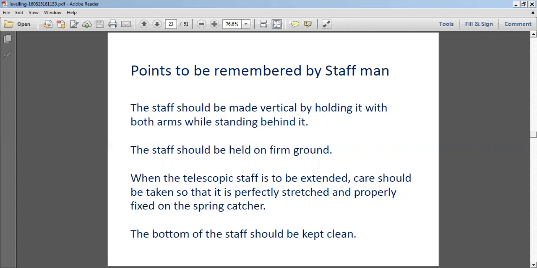And the next is when we are going to take the readings. It is a foldable staff, so we have to open it fully. If we are taking a large reading, where the height is more than 2 or 3 meters, and we are not opening the staff in full stretch, then the reading you get will be wrong. So we have to open or stretch it fully, so we can use the proper scale to find out the readings.